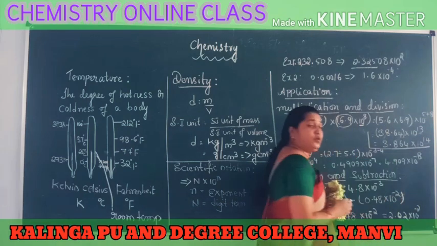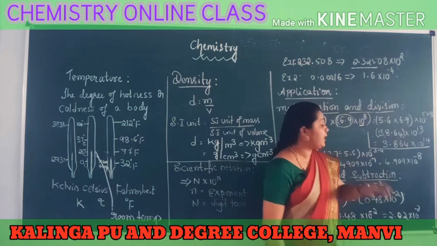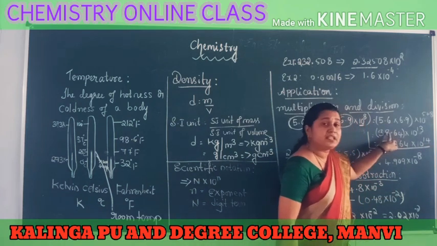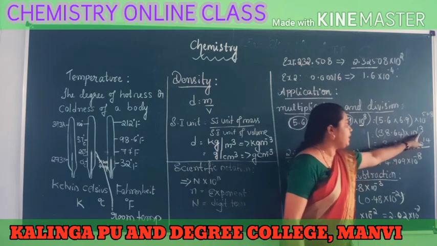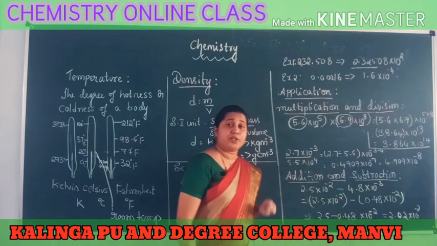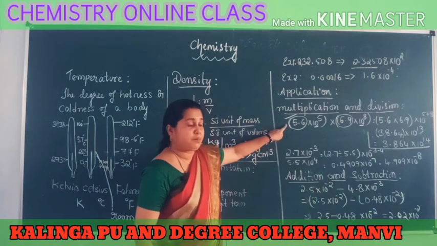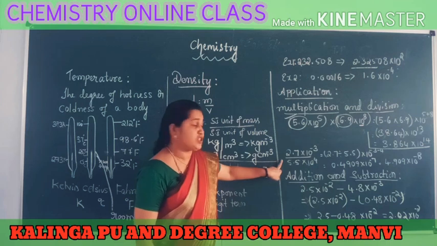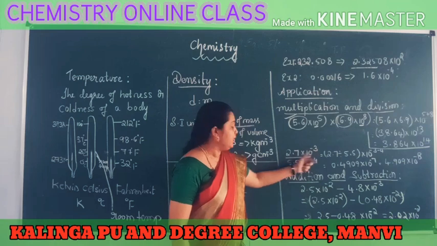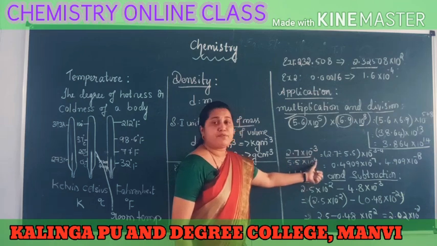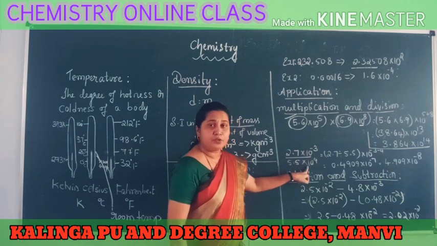Let us see how you can apply it for division. One example you can see here. 2.7 into 10 power minus 3 divided by 5.5 into 10 power 4. When we are doing the division also, we take the common term. What is that common term? Power not equal, only this term is 10. The rest of the term is 2.7 divided by 5.5 into 10 power. Apply the same formula. Bases are equal, exponents must be added. So minus 3 plus minus 4.